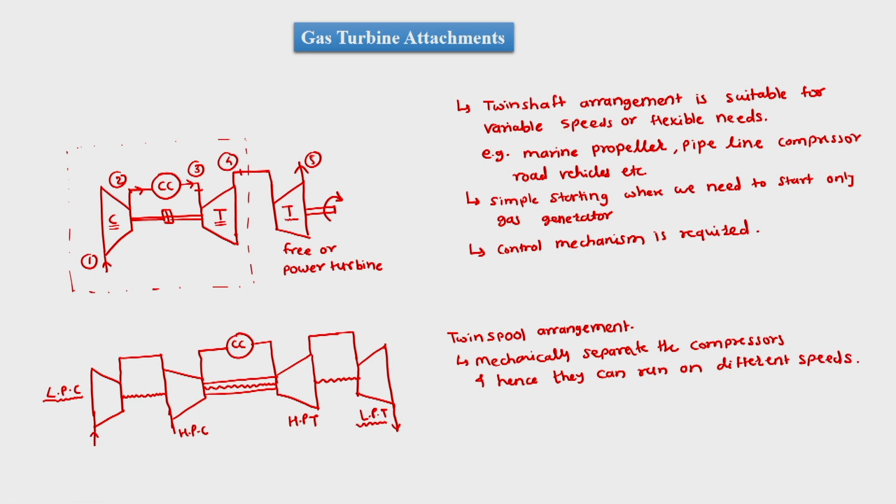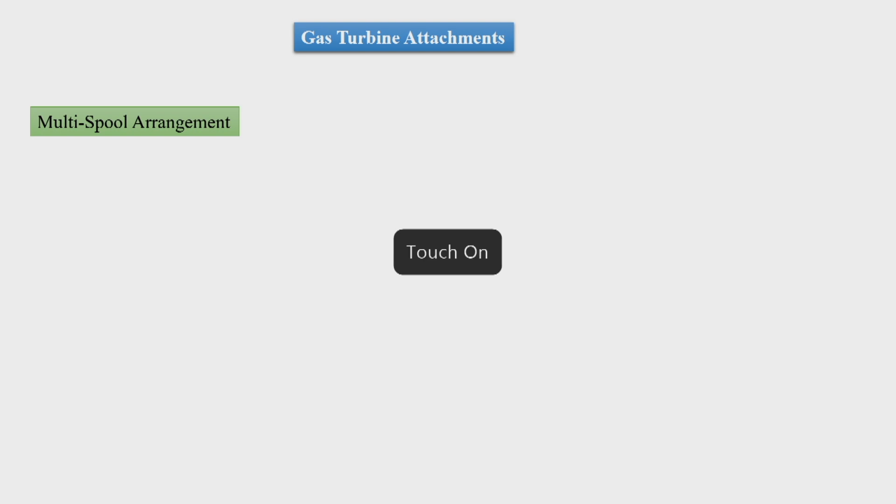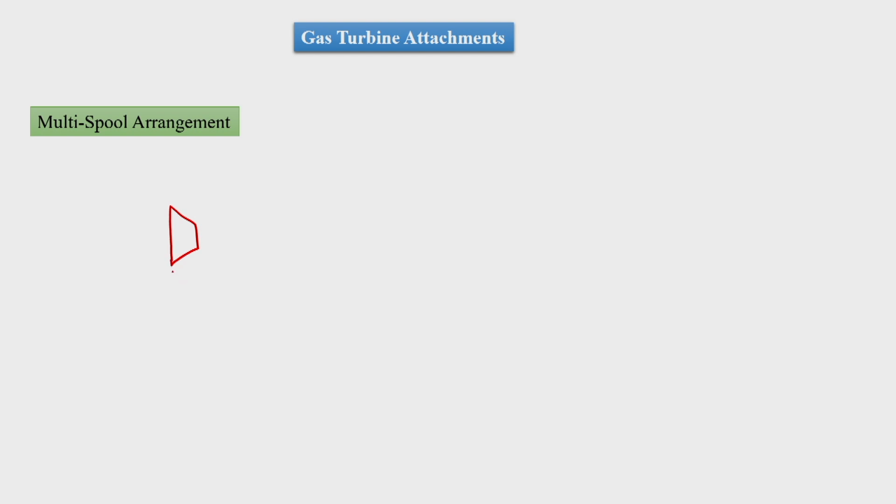So, further after the twin spool arrangement there is a three spool arrangement, and the three spool arrangement would again have three compressors run by three turbines, or in case of a turboprop engine the propeller would be run by one turbine and two compressors will be run by two turbines. Such an arrangement we can see over here, that we have first a low pressure compressor,